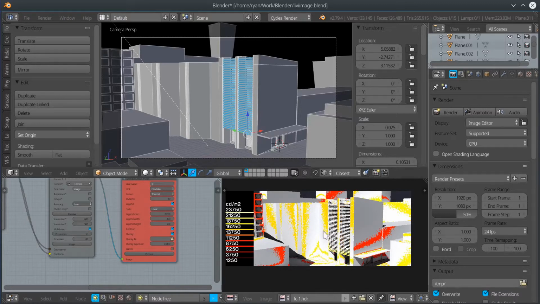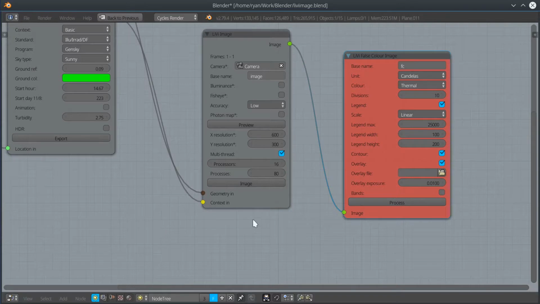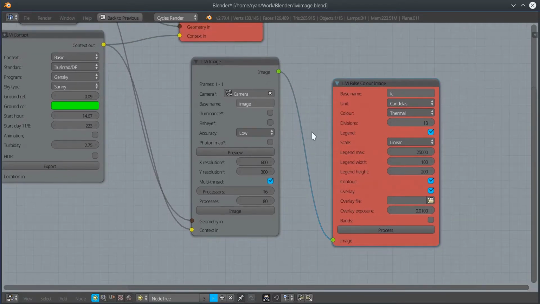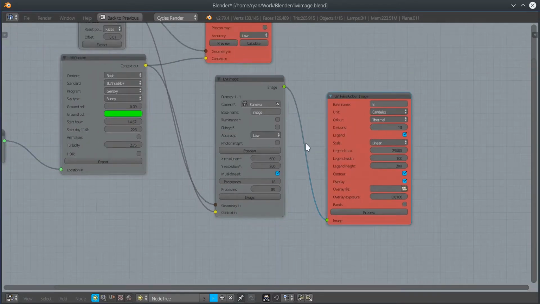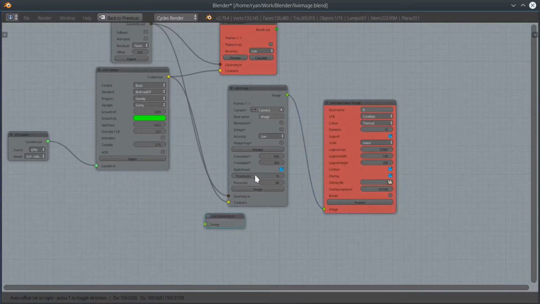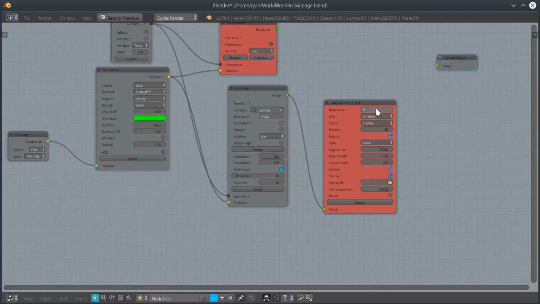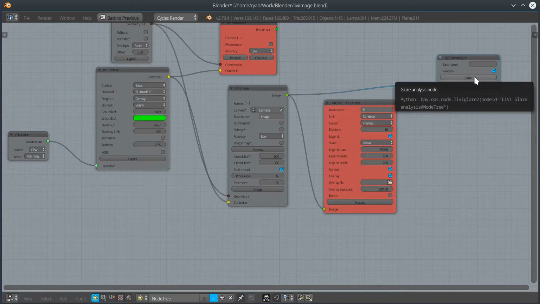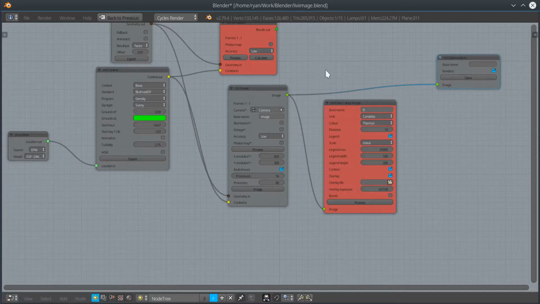We've also got the option now of doing a glare analysis with these LiVi nodes, LiVi image nodes. So my third image node is my LiVi glare image. Now I can take my image from there and put it into here, but I'm not going to process. What this does is it processes the image to assess whether there is visual discomfort within the scene. But